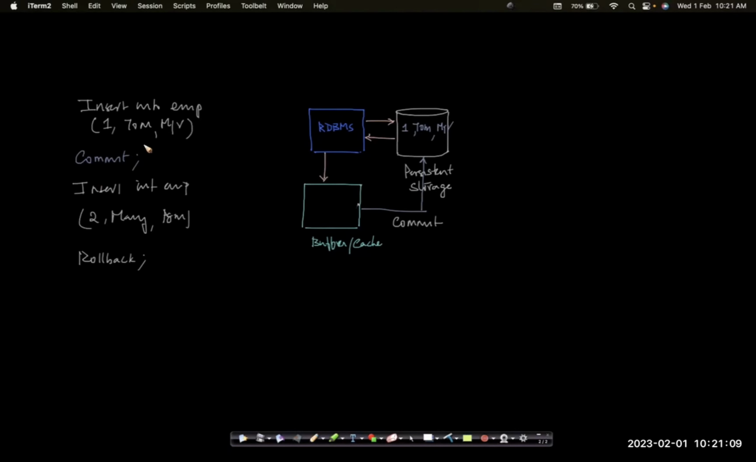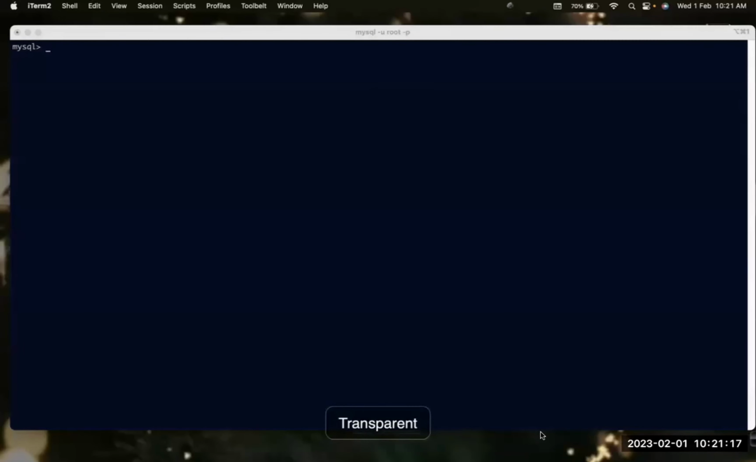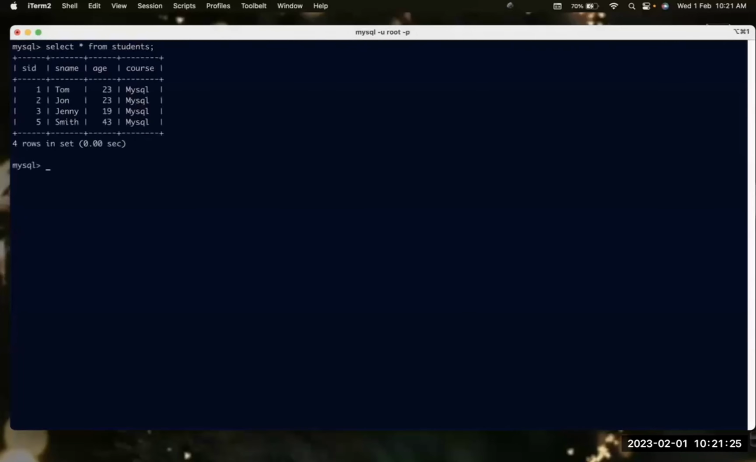So let's try this. We will first insert a record into the table and we will try to do a rollback of it. So let's look at our students table. What do we have in that? Select star from students. Okay, so let's insert somebody. So we will insert into students values